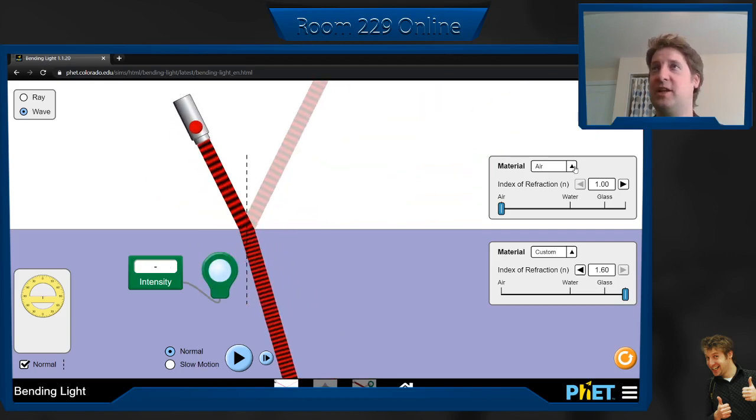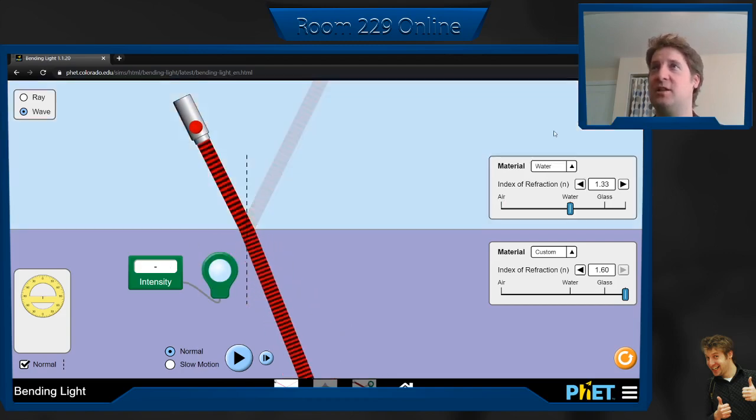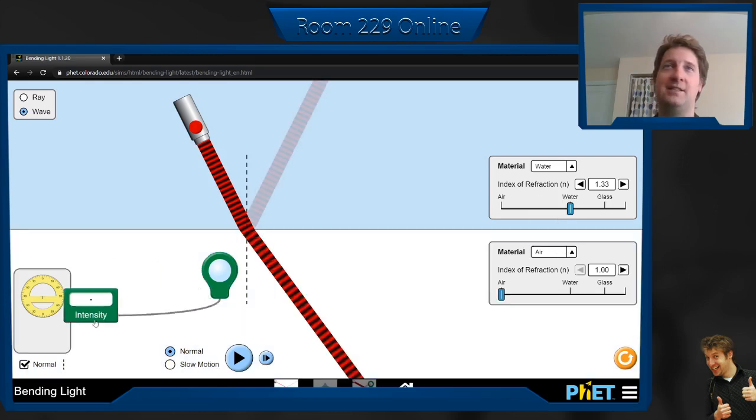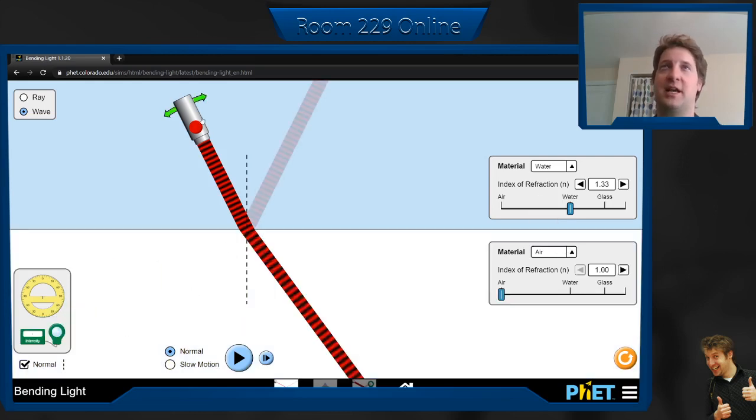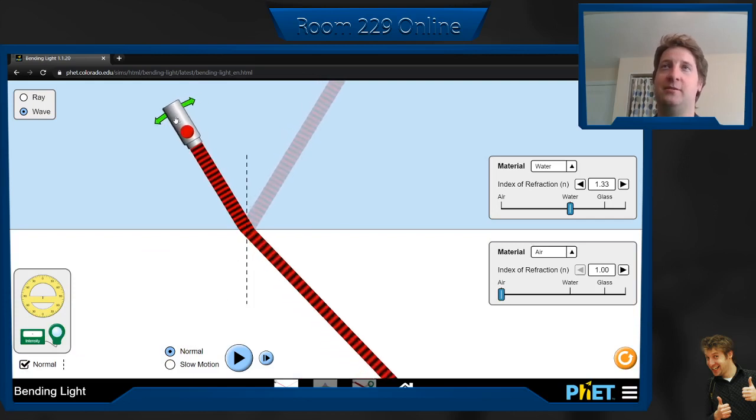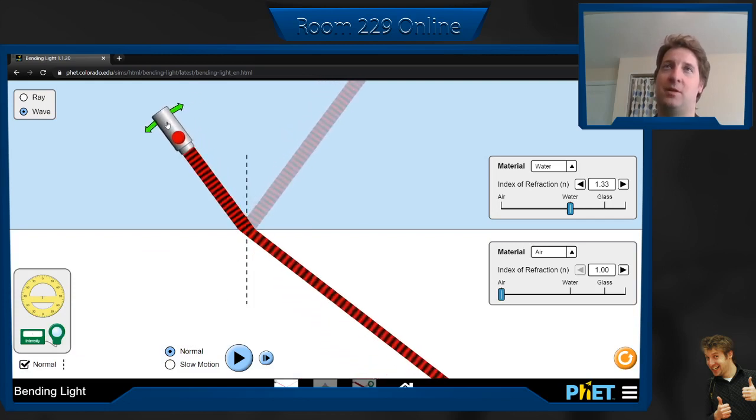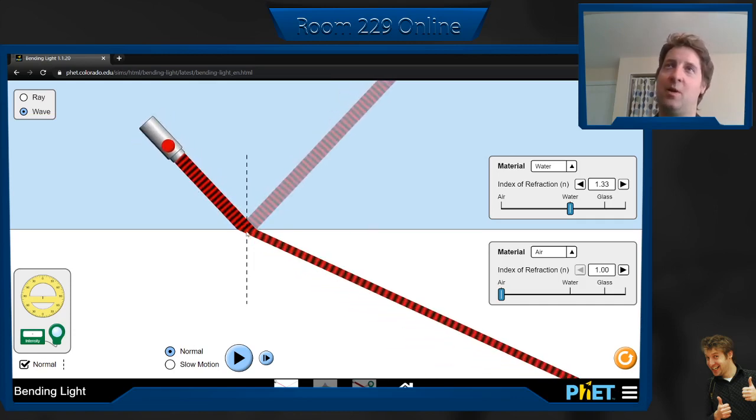Okay? And you can actually play with this, and we can change it to go the opposite direction. To go from a dense medium to a less dense medium, the opposite is actually going to happen. It's going to bend away from the normal because it's speeding up. So notice, see how these waves are all compressed together? Now they're going to be stretched apart, and for that to maintain the continuity, we have to bend in the